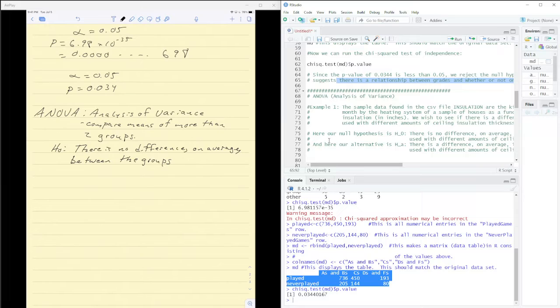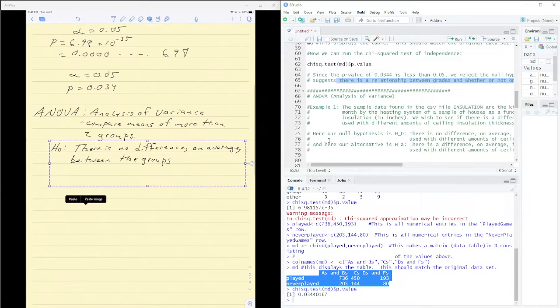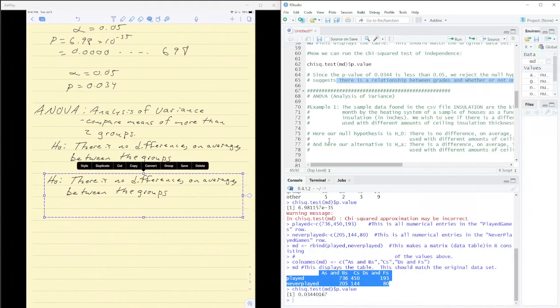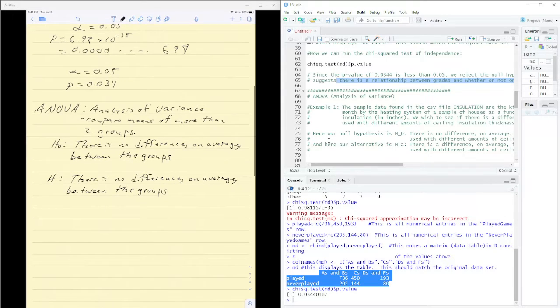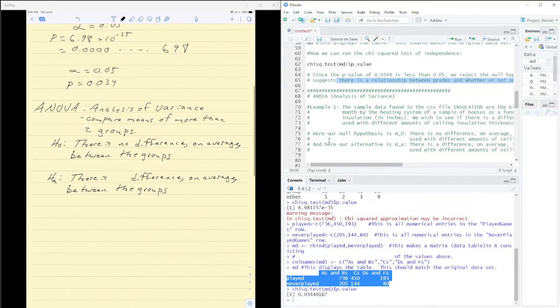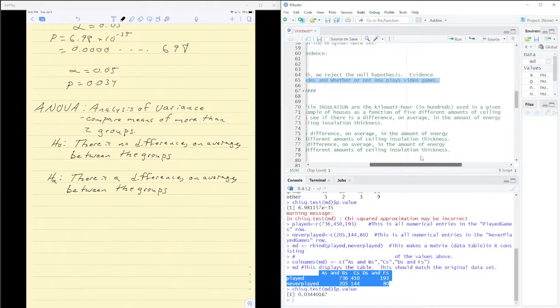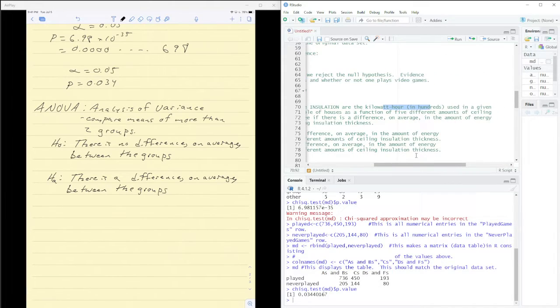You'll have the context. And then we can do the same trick for the alternative hypothesis that we just did, where we can copy paste this and then just change the word no to the word a. There is a difference between the groups. So looking at this example, this comes from one of the CSV files uploaded called insulation. We're looking at kilowatt hours used in a given